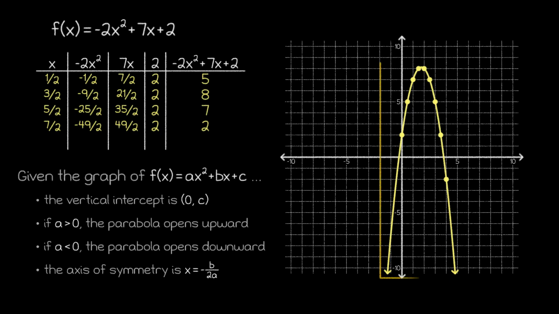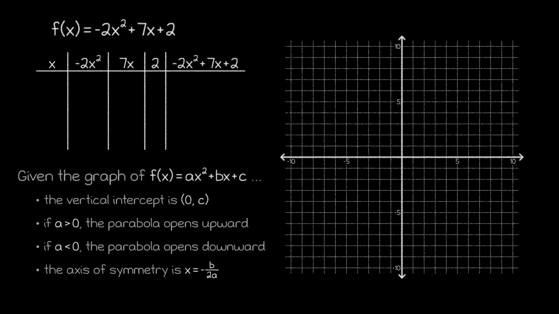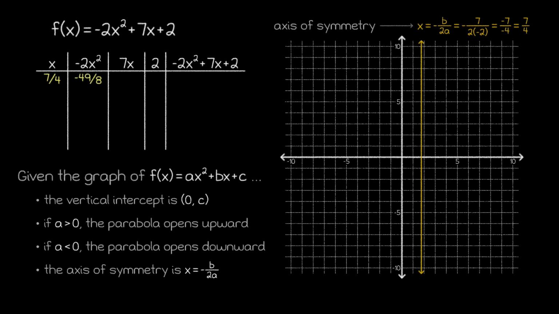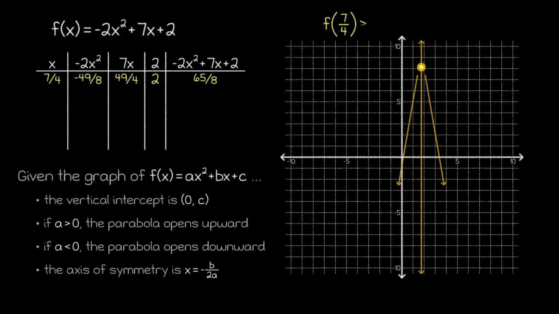However, this graph might be better suited to a different graphing strategy. Given what we just learned about the axis of symmetry, we have a new tool to utilize. We can start by calculating the axis of symmetry, which ends up being the line where x equals 7/4. Then, we can plug in 7/4 to see the value of the function at that input. This point is the vertex of the parabola, and since we also know that the parabola opens downward, we can then determine that this vertex point will be the maximum of all the outputs.